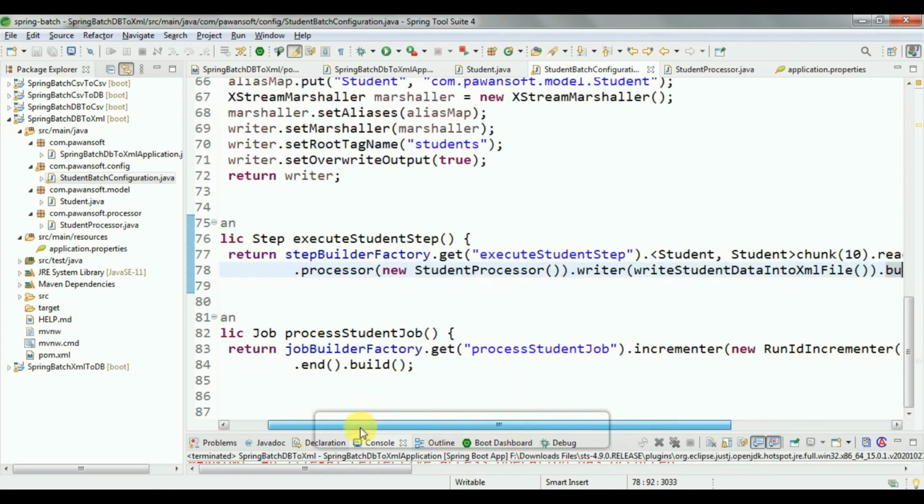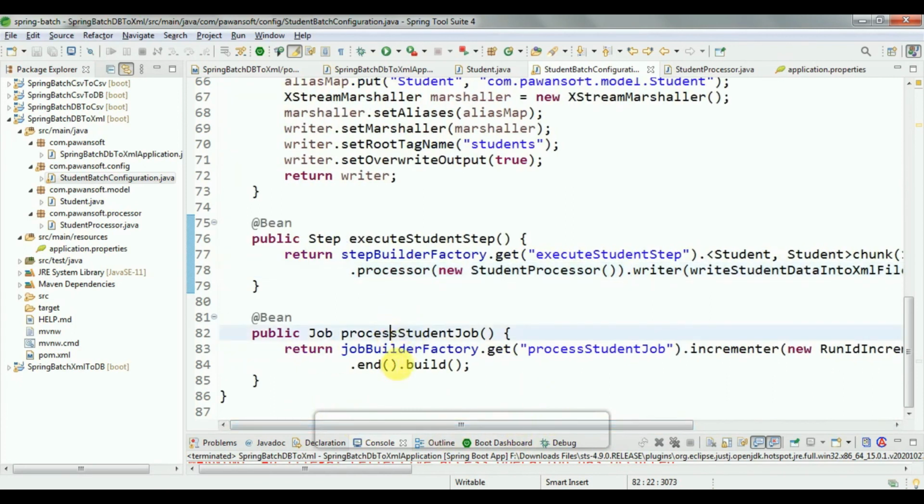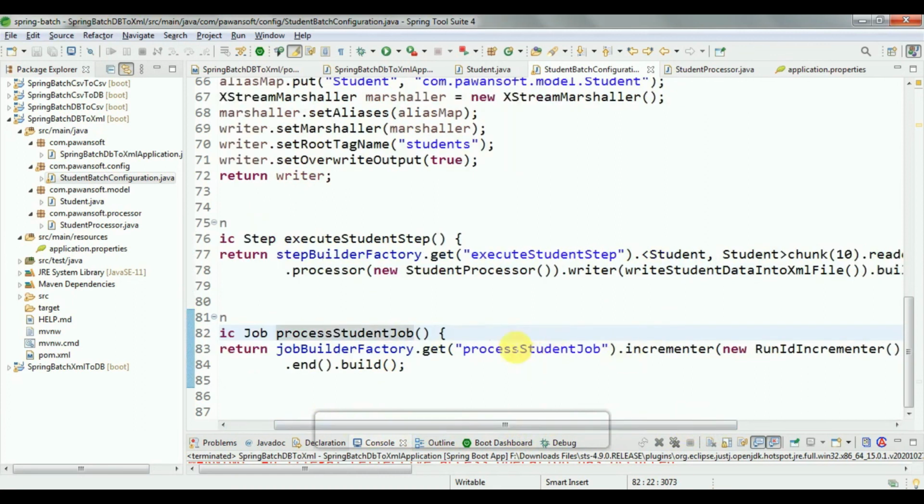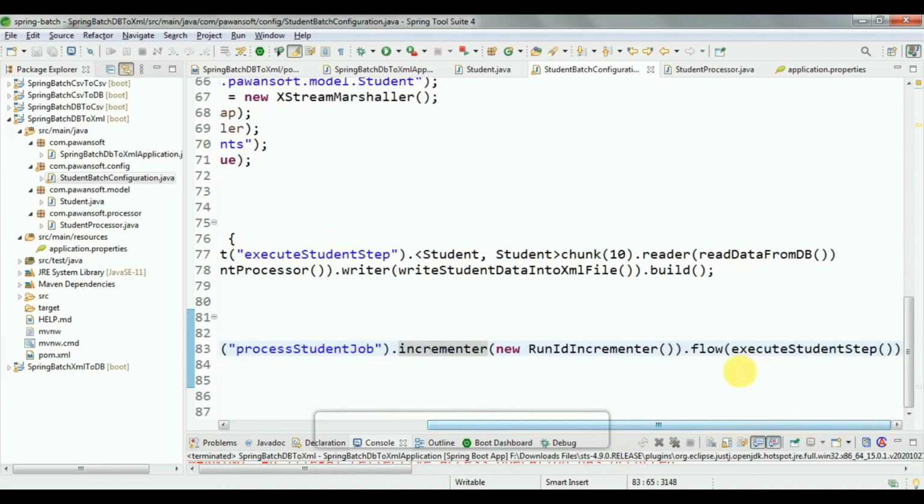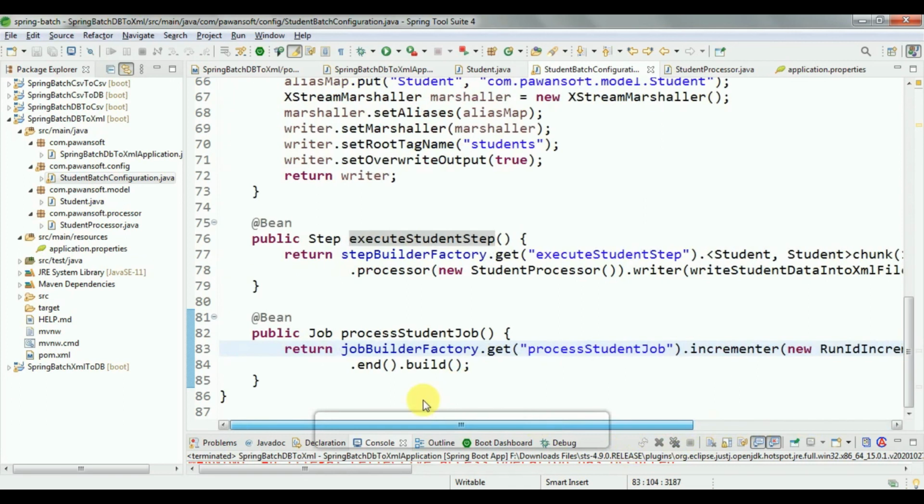And inside the job method, you have to declare the JobBuilderFactory.get, and then incrementer new RunIdIncrementer, and then flow. Inside the flow you have to declare the step method, and this is the step method, and call the build method.